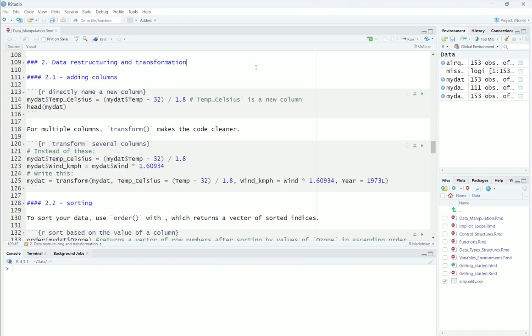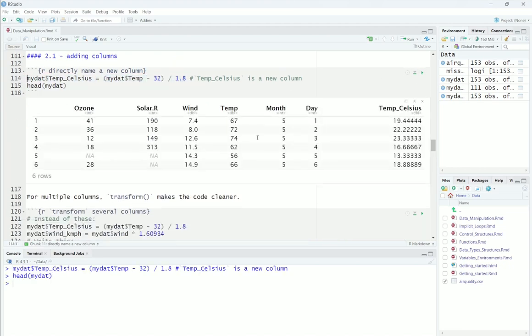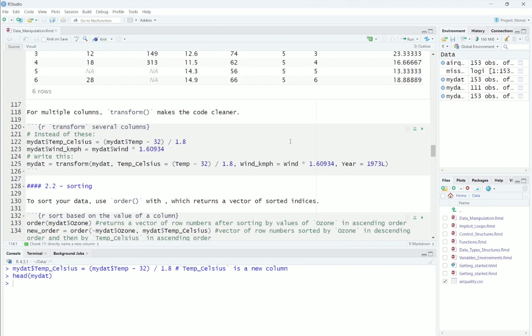Still working with this data frame, we can add new columns by just directly naming the new column using the $ sign. I'm converting the temperature column, which is in Fahrenheit, to Celsius using this formula, and I'm assigning the values to this new column. For multiple columns, instead of assigning values over several lines like this, you can use the